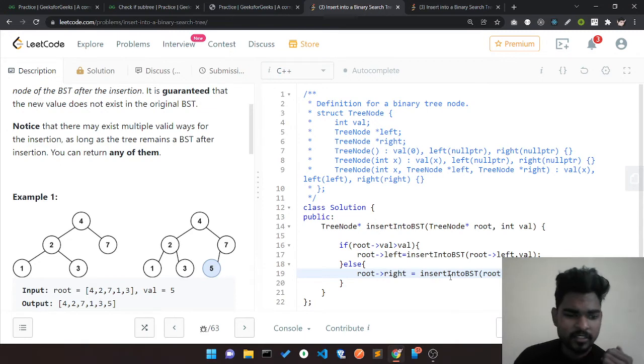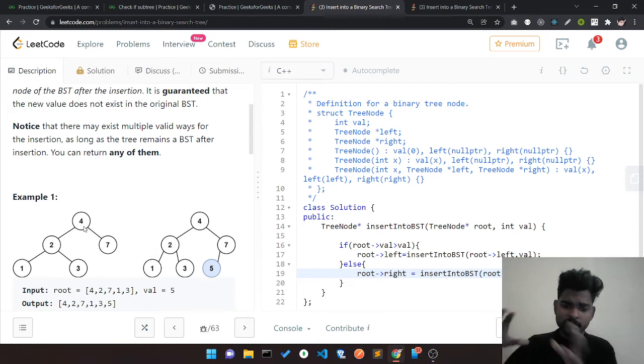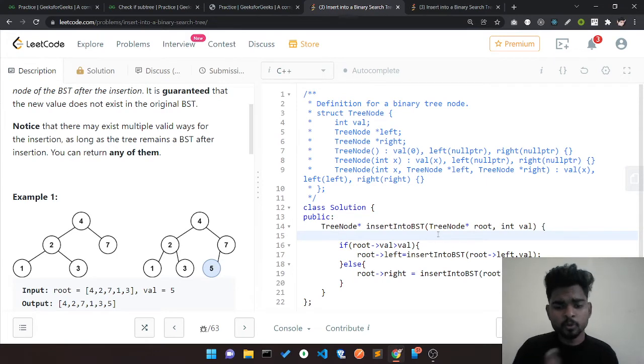Hey recursion, I'm not inserting this here because I'm not able to insert here. I notice it's a matter of inserting into the left part or the right part of my subtree. So just do it and insert it and give me the value. But recursion doesn't know where it's going to stop and what it's going to return.